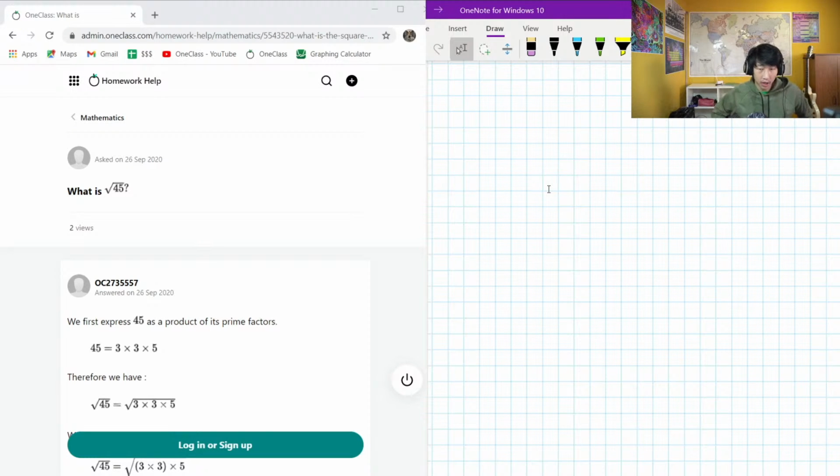Okay. So here is the next question that we have on the menu today, and it is asking us, what is the square root of 45? Okay, so I'll list out the procedures, because of course we could just ask our calculator, hey, what's the square root of 45? And the calculator will tell us pretty directly and pretty accurately as well. But a lot of the time it's going to be a lot more intuitive to simplify this if we can, right? So we want to simplify